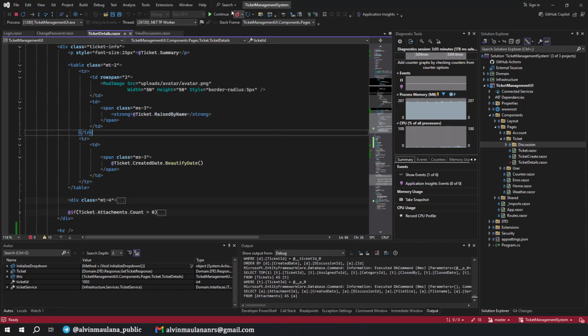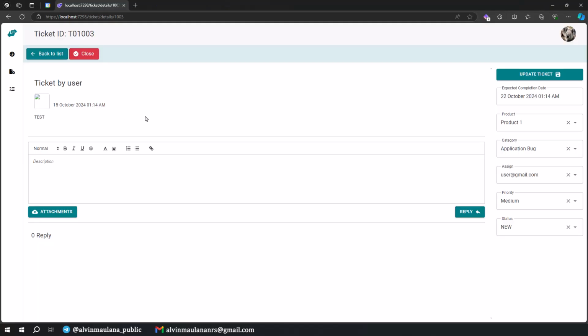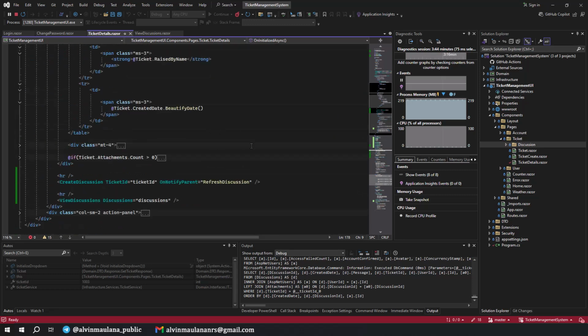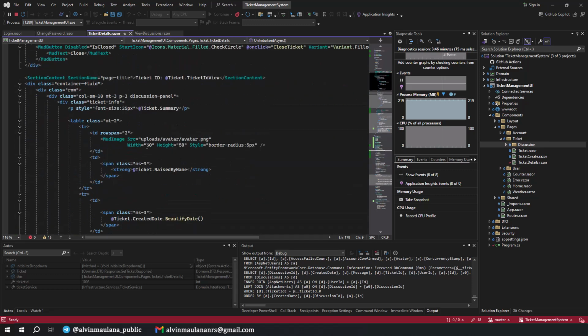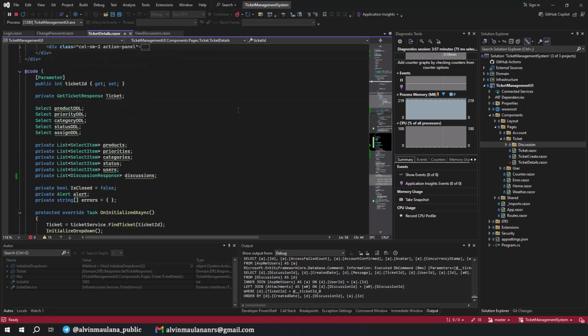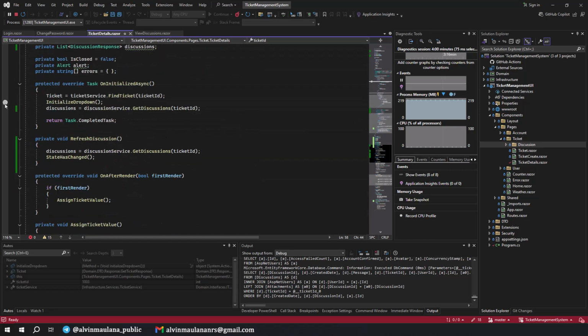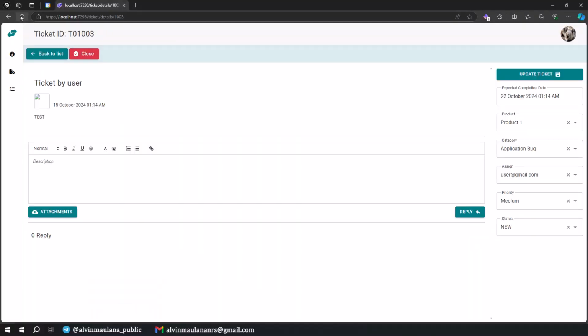And this value. But if we see on our UI, creating a ticket still has an issue because we're not able to see the avatar and the assigned user. First, the avatar is not showing correctly because we're still showing the dummy avatar. And then, when we raise this ticket, it should be under the current user, right?